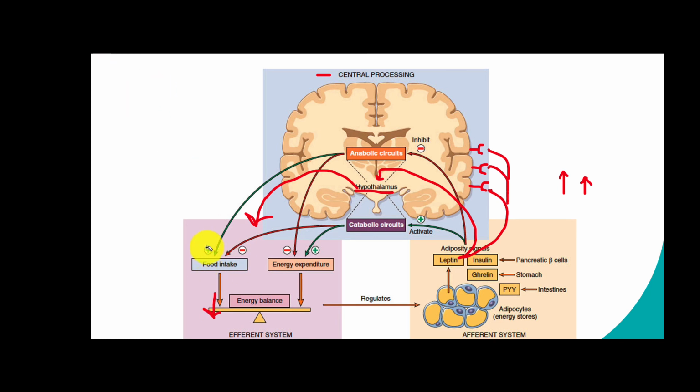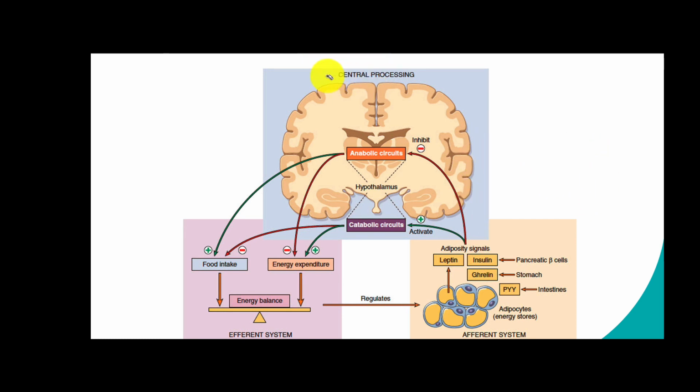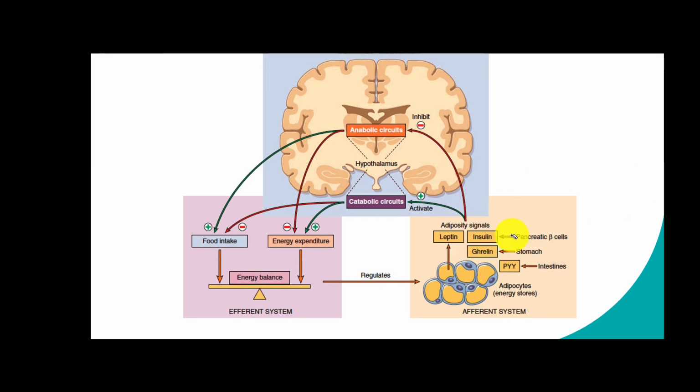So this is an example of what I expect from you. I want mechanisms, and I want to have lots of details about these mechanisms. Let's talk about another one. Let's talk about adiponectin. Adiponectin's not on here, it's not represented, but I'm just giving you another example of a mechanism that is associated with diabetes.